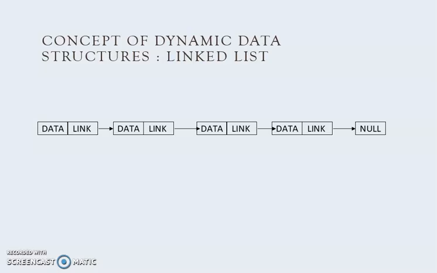This is a simple example of a linked list. Here we have different nodes, 1, 2, 3, 4 nodes. In each node there are two different data items. The first one is the data value that is stored in the node, plus the link to the next node. So each node will have these two kinds of data, and the last node will point to null, which indicates the end of the linked list, as the last element points to nothing.